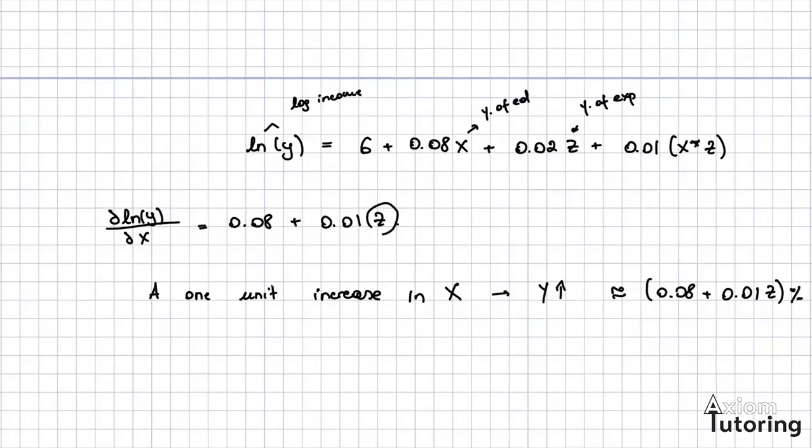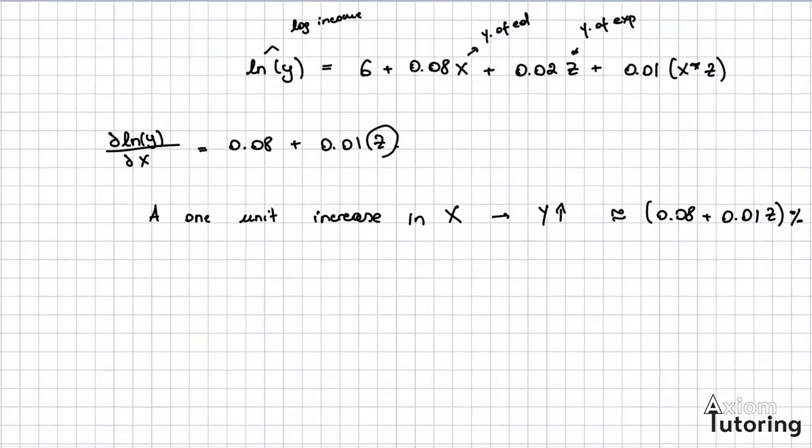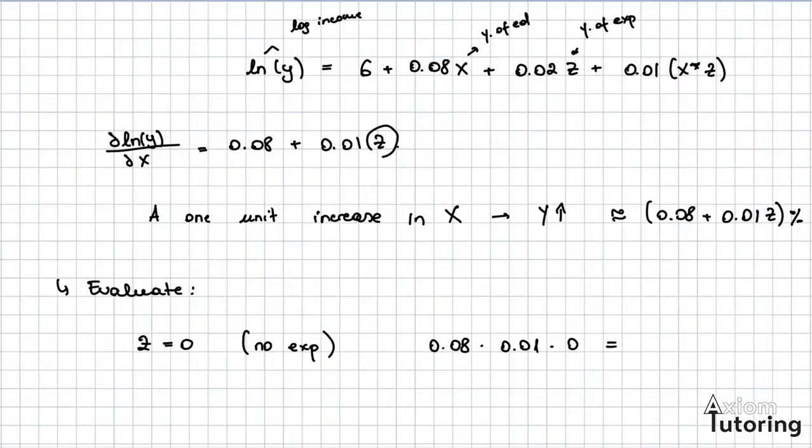And as we said, because this is not enough, we also need to evaluate at different values. So we can do, as usual, the more straightforward, if z is equal to 0, so keep in mind, z equal to 0 is the no experience case, we're simply going to have 0.08 plus 0.01 times 0, which times the 100%, so let's not forget the 100%,